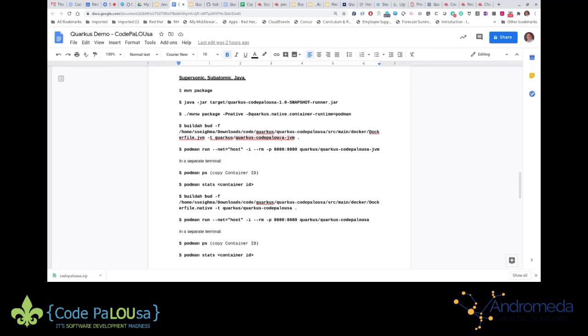I was going to build the JVM version of the container, run that with Podman, show you the memory consumption. In this case, with the JVM version of the container, it was about 150 meg, if I recall offhand. And then I was going to show you the native compilation version of that container, which was about 30 meg in size. So I'll send this out.